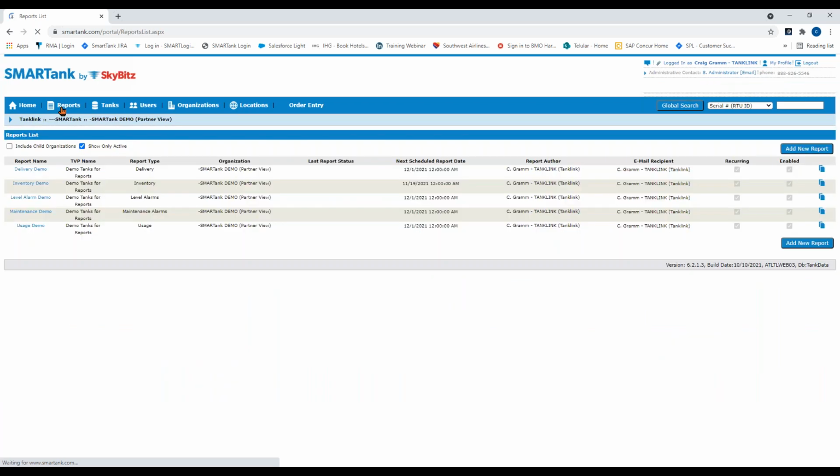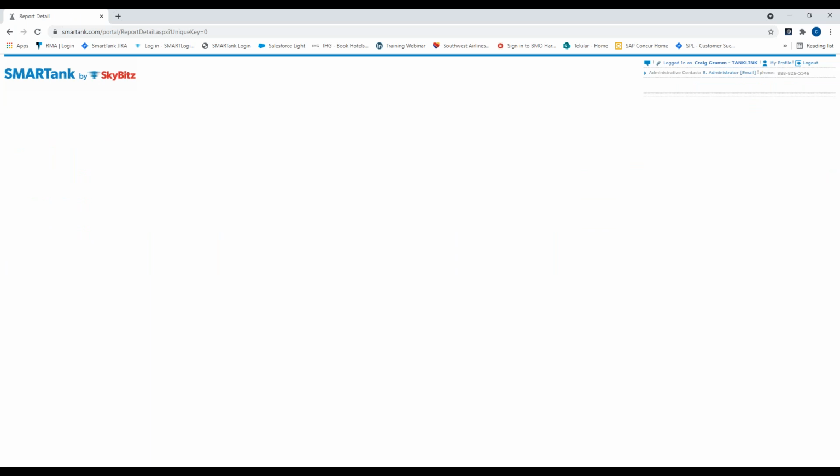You will see all the reports that you've either already created, or it'll be a blank screen with just the Add New Report button over on the right-hand side. If it is a blank screen, then all you have to do is click on Add New Report. And when you do that, a report screen will pop up with the 5 different types of canned reports